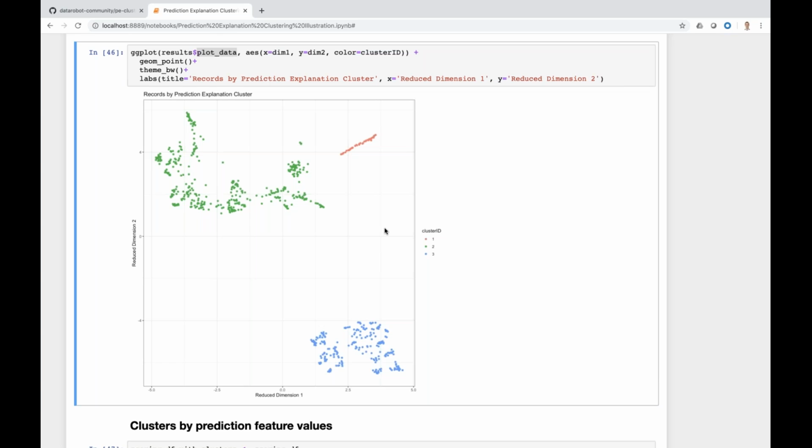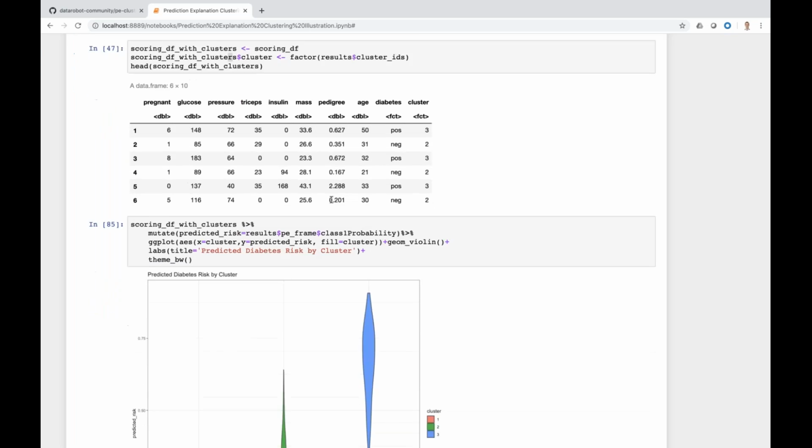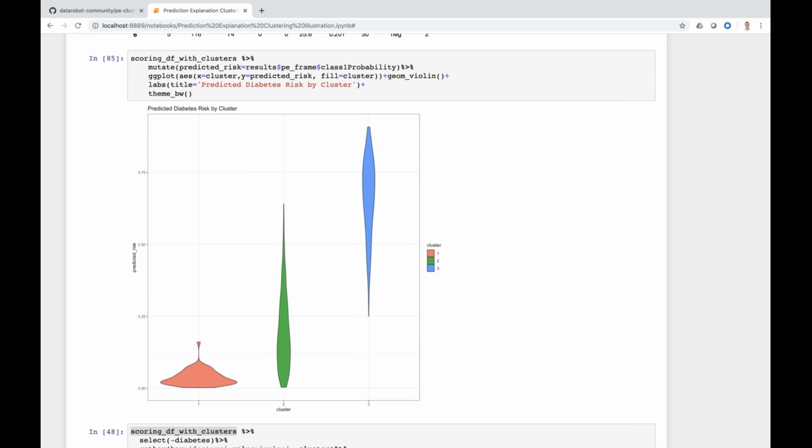Like we were saying before, just knowing what these clusters are is not the end of the analysis. Now we'd like to bring them back into our data set and start interpreting what they truly mean. So what I'm going to do here is take those cluster IDs coming out of the output from the method I ran and attach them back to my data set that I had put in so we can do some introspection here. The first thing I'm going to want to look at is how the clusters differ by the prediction, in this case the predicted diabetes risk.